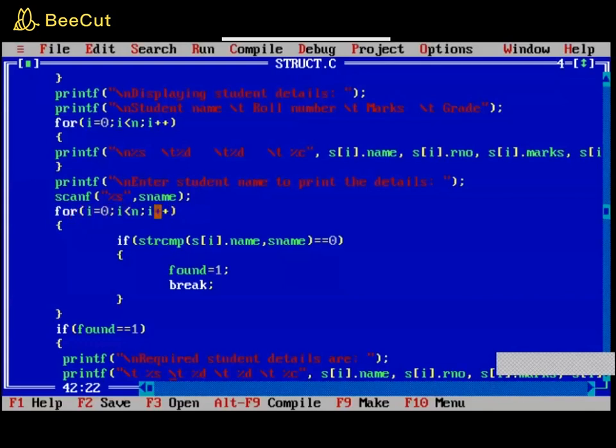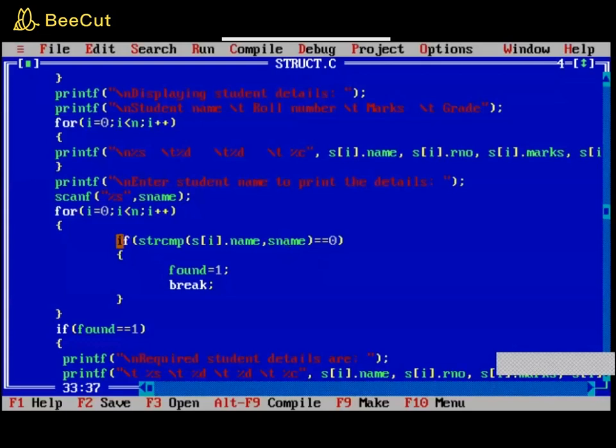Other than what it has to do, why am I using a for loop here? My need of the for loop is what? It should go and search all the students' names in that list which I have entered, right? One by one. So first it should go to 0, then 1, then 2, then 3, then 4, if 5 students are there, right? So one by one it should go through all the students in the list, right? So for that I am using a for loop. My for loop is for the entered values, and s name is the search value which I am entering now.